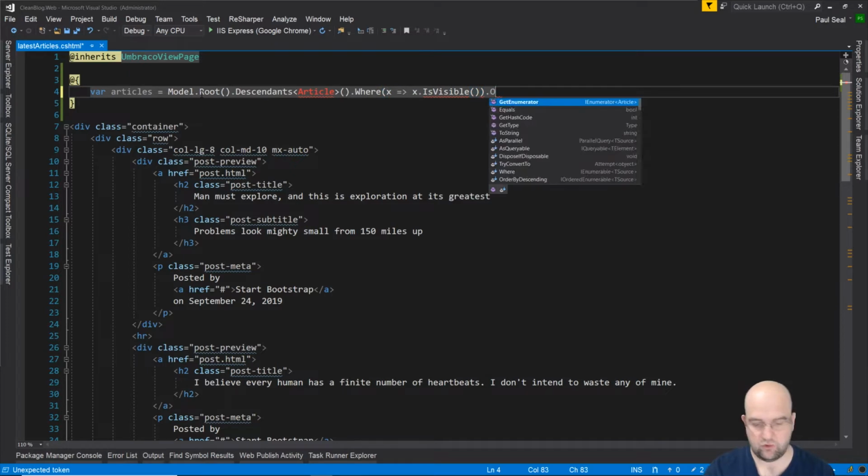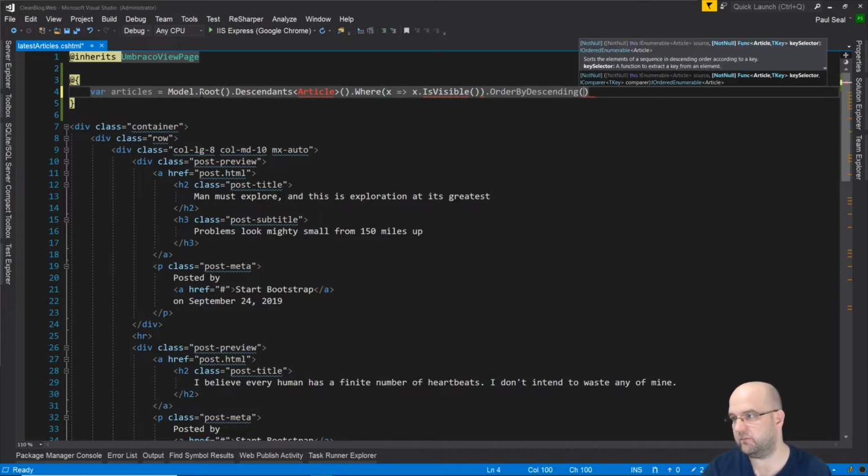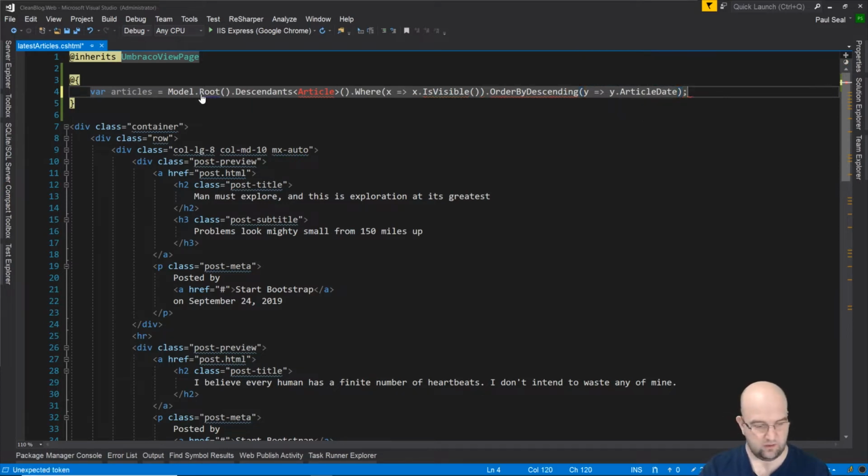Do it like this. So OrderByDescending y goes to y, and then dot ArticleDate. So we're basically going to ask it to order it descending by the article date property, and again it is just